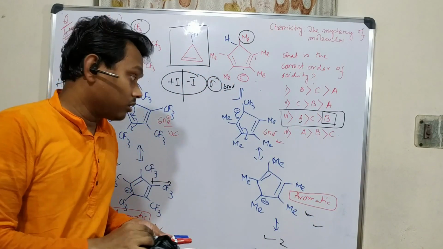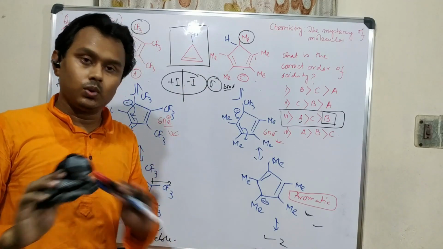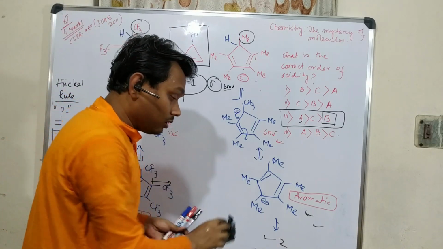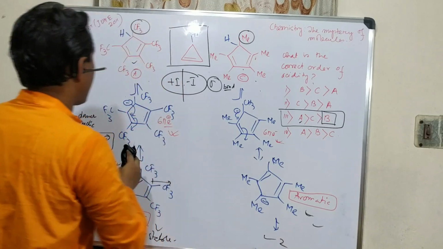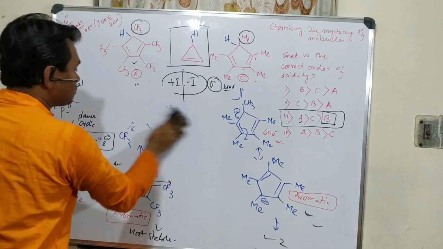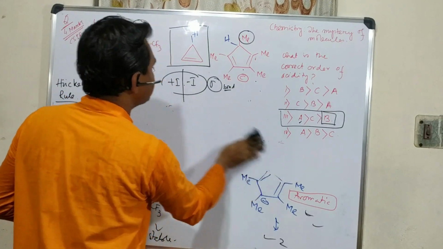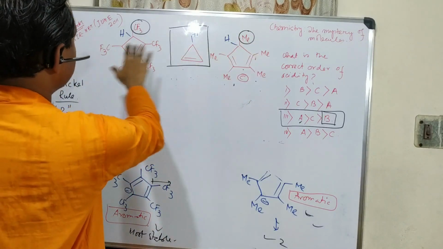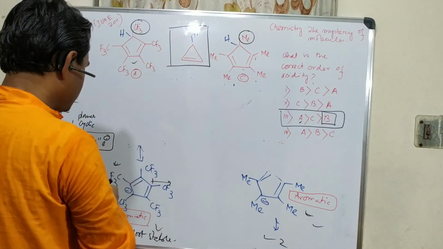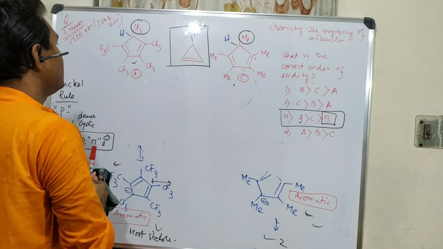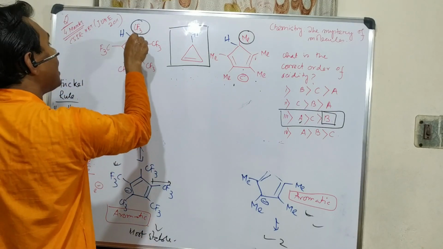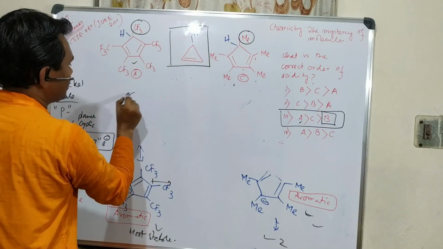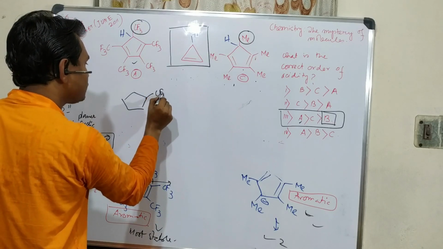But for the exam hall, will you spend this much time? Not recommended. You should not draw all these things and spend more time. First, how should you try to solve this problem in the exam hall? First, check. They are asking about acidity, meaning a proton will go. Okay, fine, proton will go. Now the anion will have the negative charge. You have to think everything in your mind, or you can draw only one structure, that this is CF3,